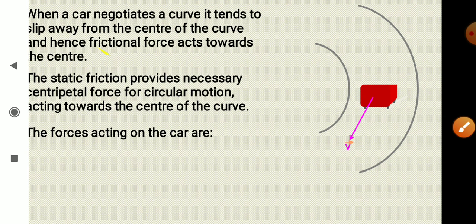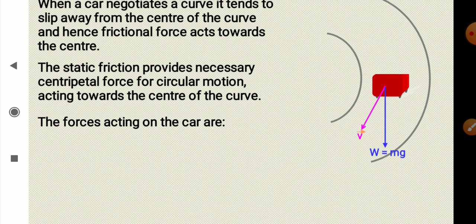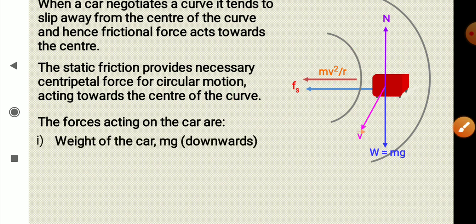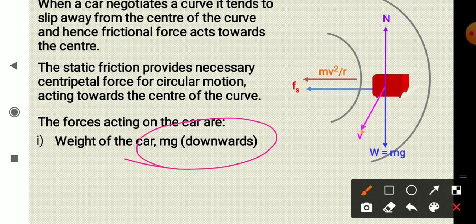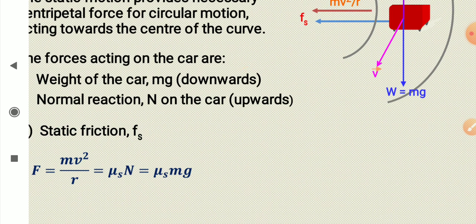So here let us check the forces which are acting on this car. So first its weight will act vertically downwards. You can see the weight of the car is acting vertically downwards. Normal reaction is acting upwards and friction is acting towards the center of the circular turn, and this friction is providing necessary centripetal force mv square upon r. So the weight of the car mg downwards, normal reaction upwards, static friction Fs, and using the relation for centripetal